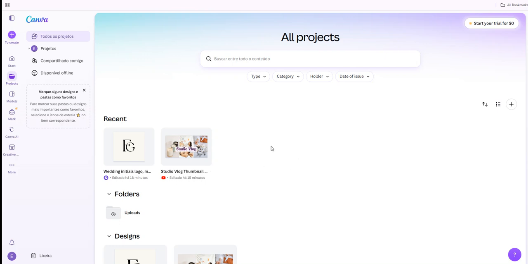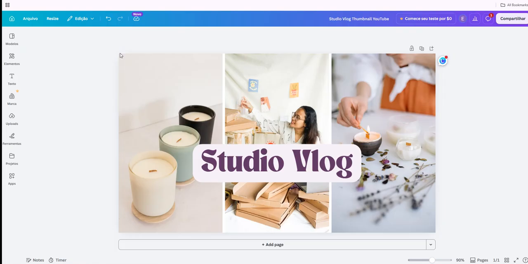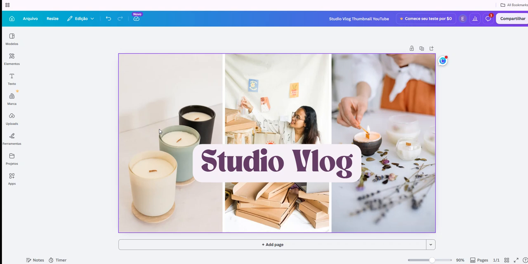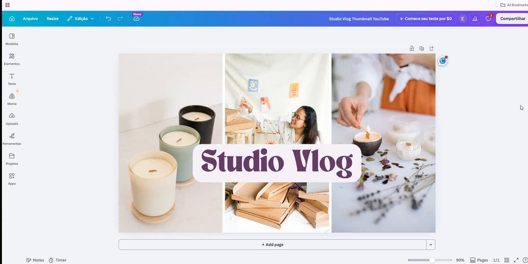In this video, I'll show you how to use Canva Magic Studio. First, open Canva and sign into your account. Once you're logged in, create a new design or open an existing one where you want to use Canva's AI